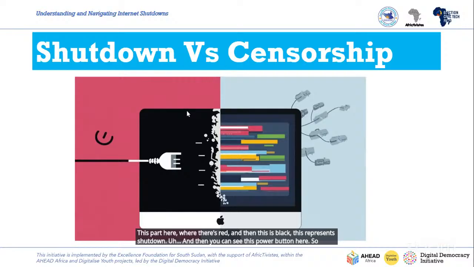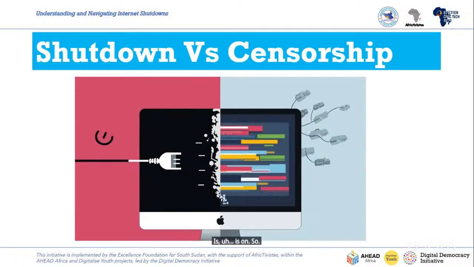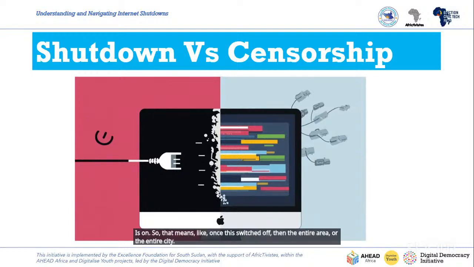Once it is pressed, there's a total, complete shutdown. Nowadays we have dedicated outages whereby one part of the country or one part of the city is out of power, and other parts are on. Once it is switched off, the entire area, the entire city, or even the entire country sometimes is offline. That's exactly what we mean by shutdown.